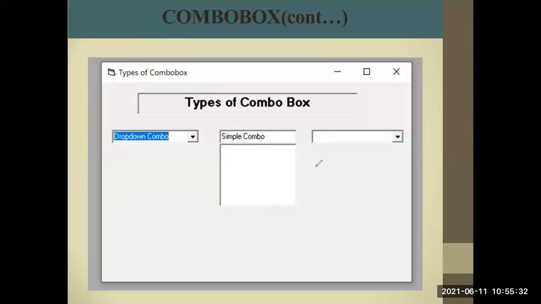So now this is an example of a combo box, how it will look when we use it. We have a text box, so the user can either enter input in the form of text, or there is a drop down list. Whenever I click on this list, a number of items are available. We can choose any of these items from the given list, or even add to the list. Suppose you want to add an item to an existing list, we can easily add it with the help of the add item method.